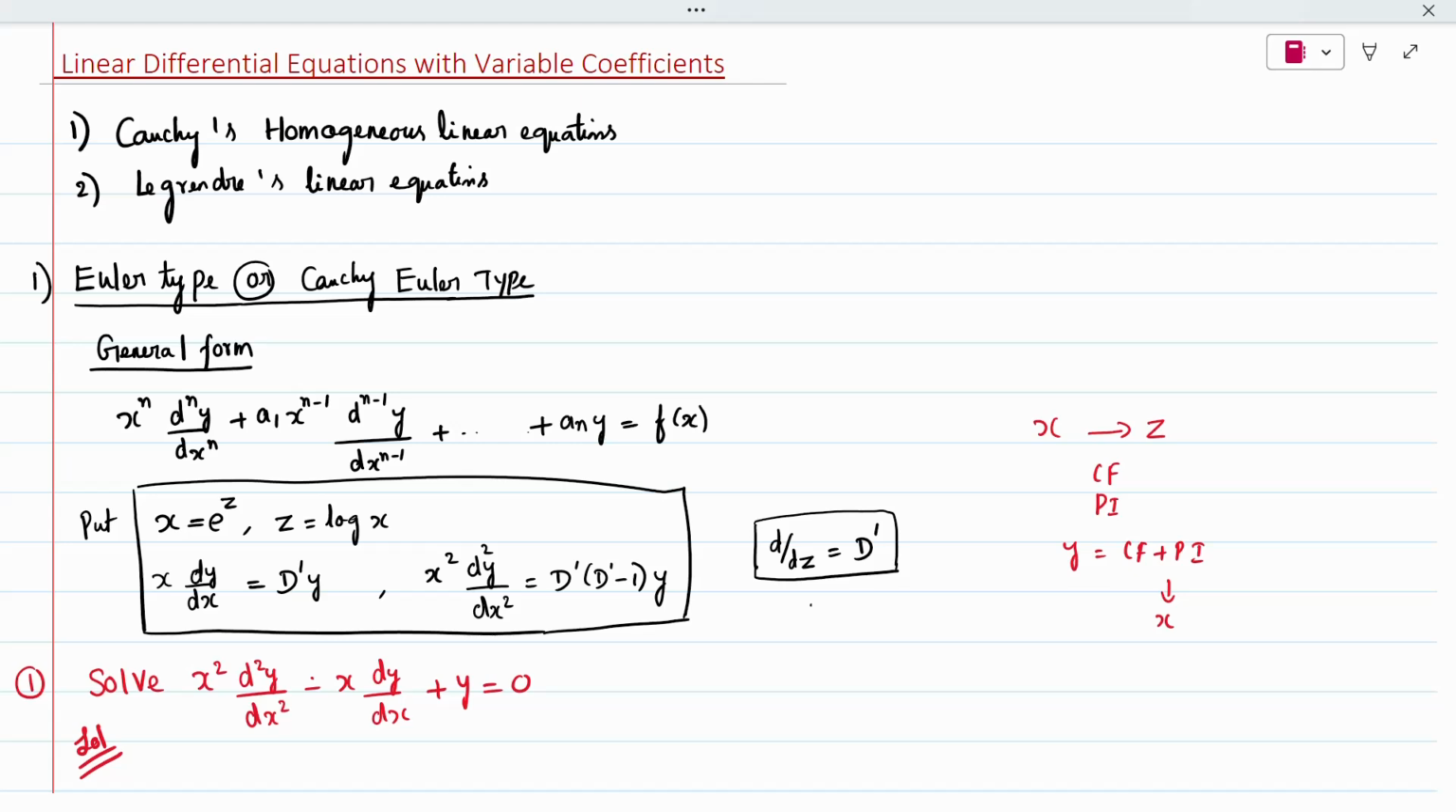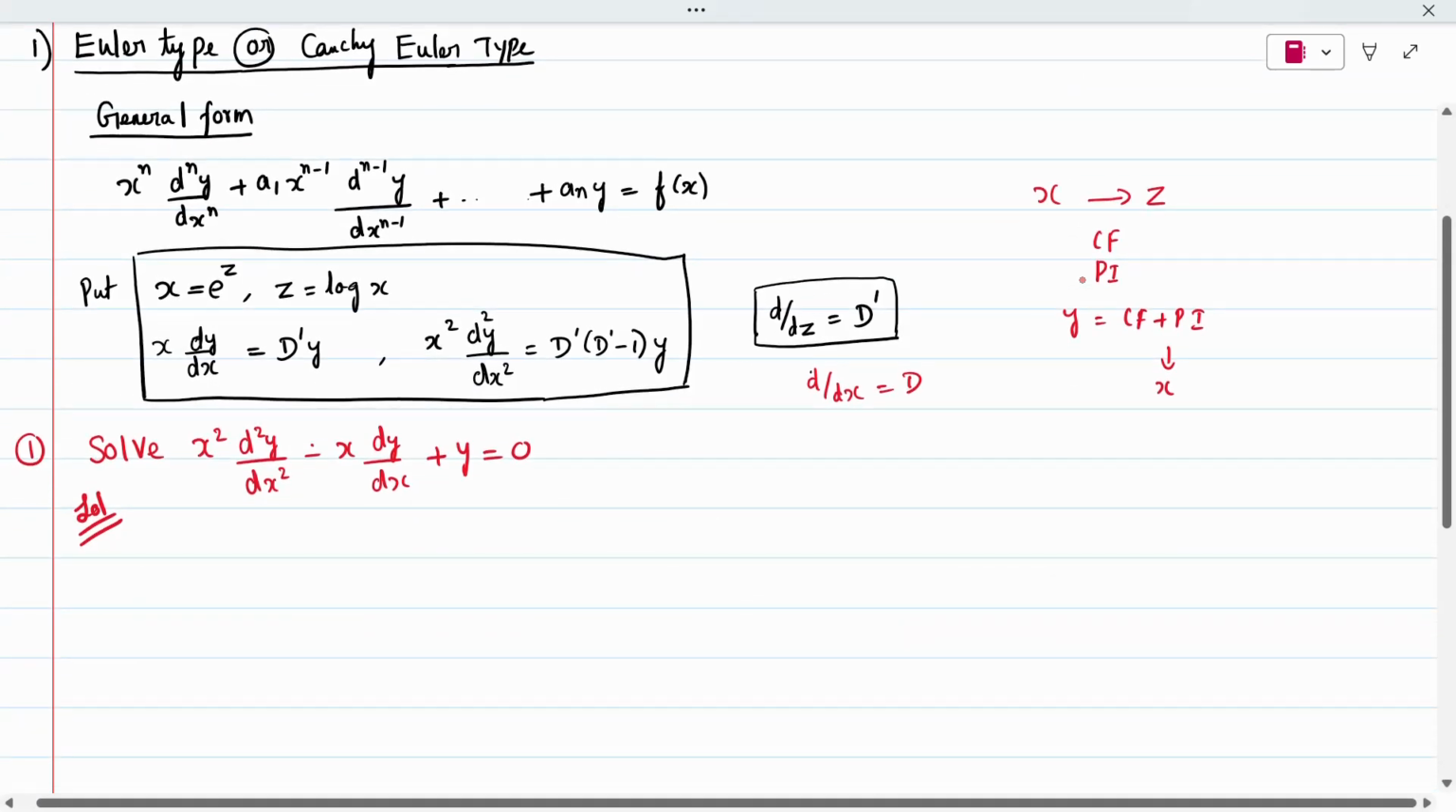The conversion is that x is replaced by e to the power z. Take a log on both sides: log x is equal to z. So x dy/dx is nothing but some other variable. Since d is already used for d/dx, which is differentiation, I am going to use d dash. D dash, don't think it is differentiation; it is just a difference of writing. So x dy/dx is nothing but d' y, and x squared d squared y/dx squared is nothing but d'(d' minus 1) y. Now the first problem, solve